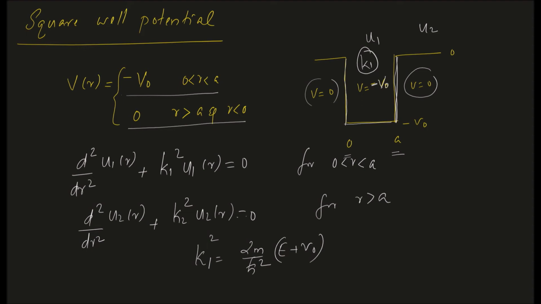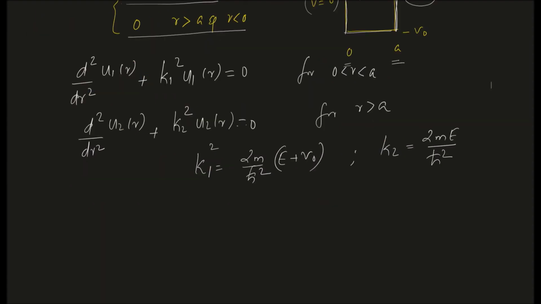and k2 is the wave vector that we assume in this region, that is, after the scattering process. So k2 is given by, there is no potential energy, so this is simply 2mE by h cross square. And what we assume here is the low energy case, and the contribution from S wave alone is considered. So the solution to these equations can be written as